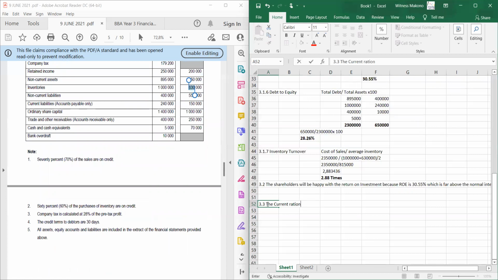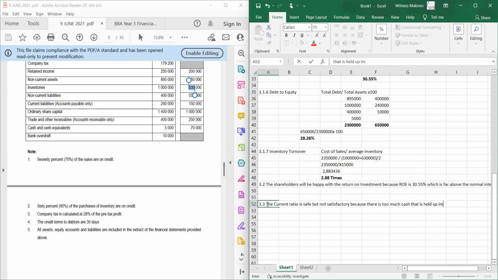The current ratio is safe, but not satisfactory, because there is too much cash that is held up